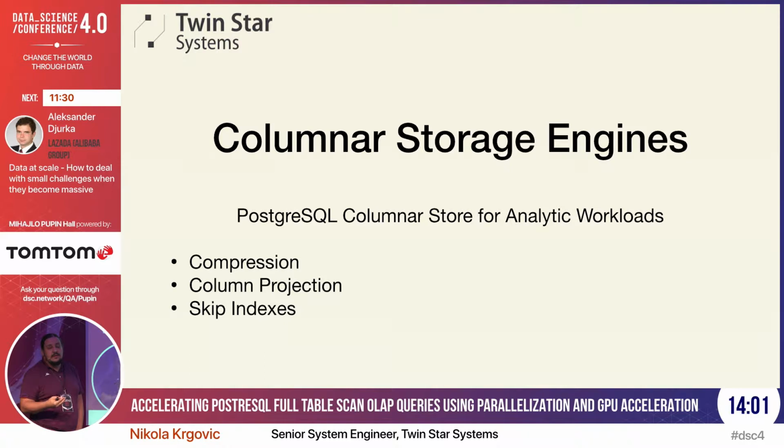Having a lot of indexes is always a trade-off in designing good database performance, because your database gets acceleration when you have indexes that cover certain types of queries, but gets deceleration every time the data is changed, because all the indexes have to be changed as well. And having a lot of indexes can cause a lot of problems. So one of the ways we thought might be a good approach is to use